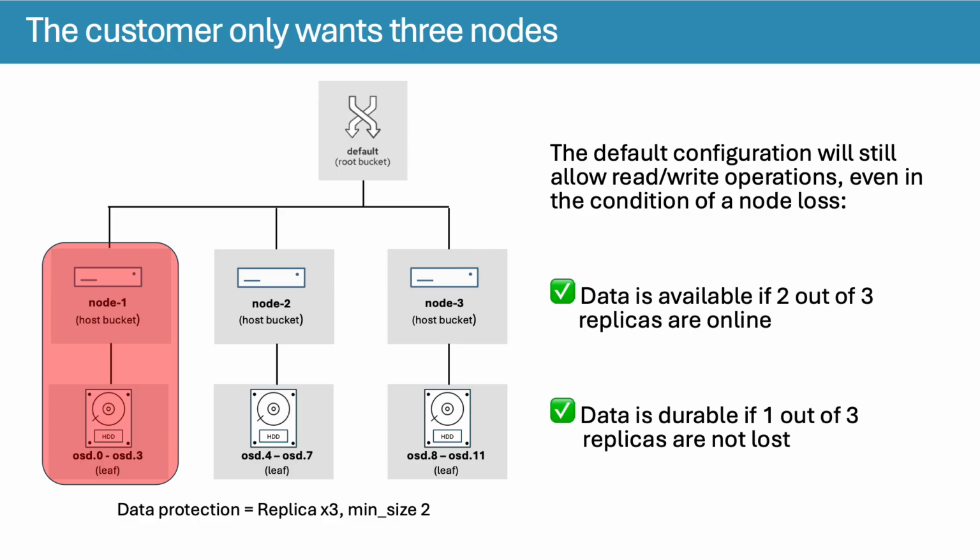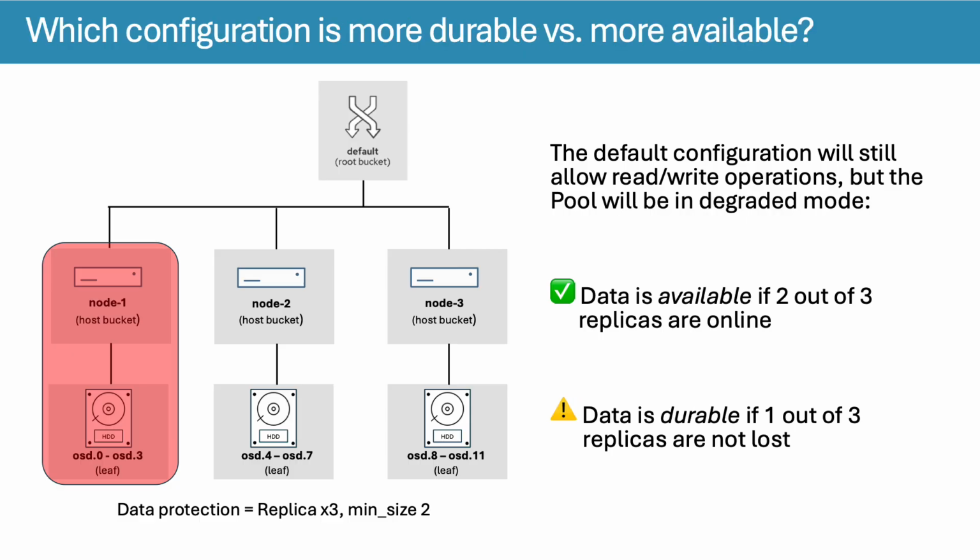But that's not a good enough story for me. What I'm trying to protect against is a coordinated failure, which means in this case, a node down or offline, plus the possibility of an additional failure, like a storage device. And while I'm probably still minimally durable, it's lower than the margin of error and the margin of risk that I'm willing to accept. There are tools available that can model the level of availability and durability in the event